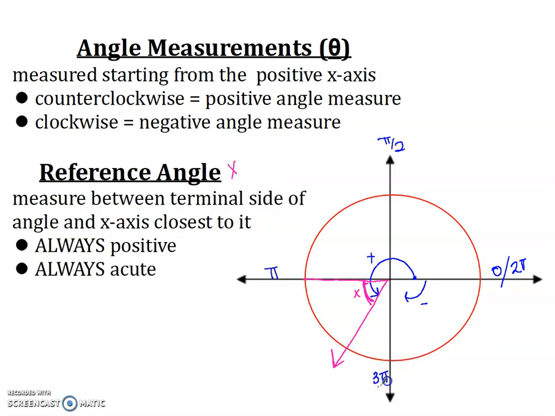So the y-axis is 3 pi over 2. And then we could continue to rotate. This would be 4 pi over 2, 5 pi over 2, 6 pi over 2, 7 pi over 2, 8 pi over 2, etc. So you can continue to rotate more than once. Okay? But when you're trying to figure out where an angle falls, if you look,